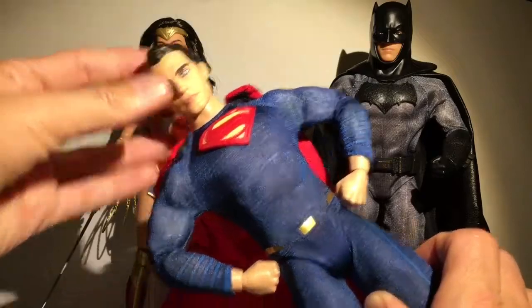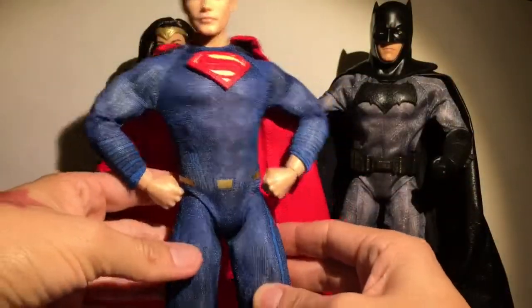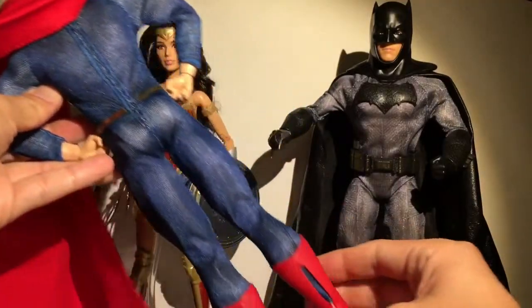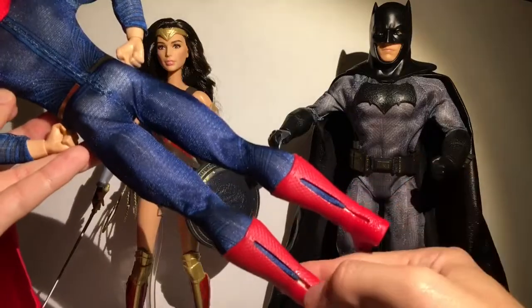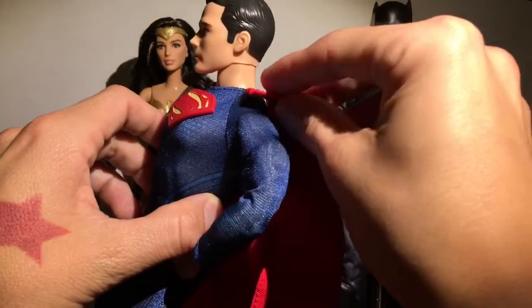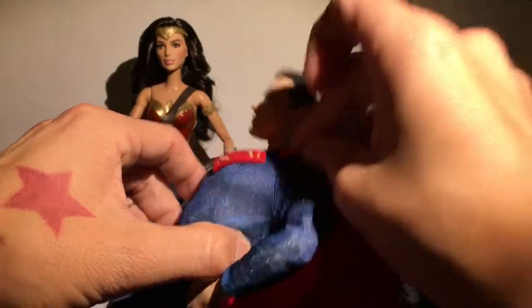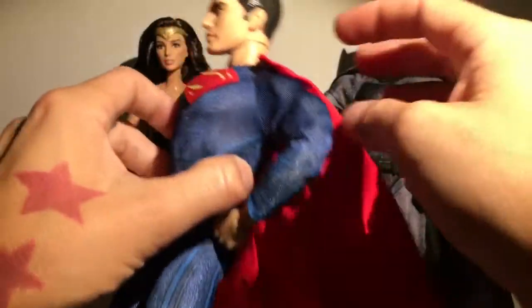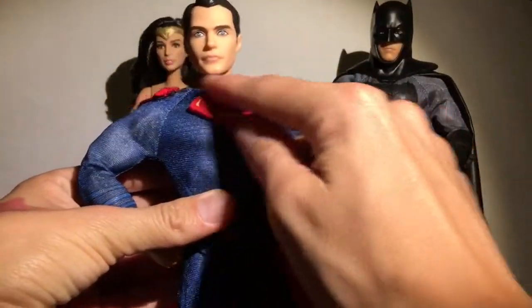It's just very handsome, and the body, like the muscles and everything, looks really cool, like his pose. And then, you know, his costume is all one piece. You could take the boots off. He has articulation, you could see right here on his ankle as well. You could actually just Velcro off the cape. It actually doesn't stay very well. Yeah, there it is. So you can just Velcro the cape,